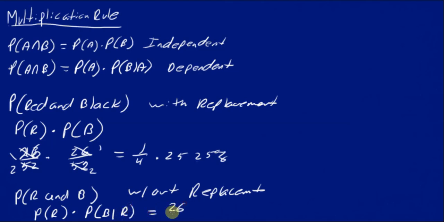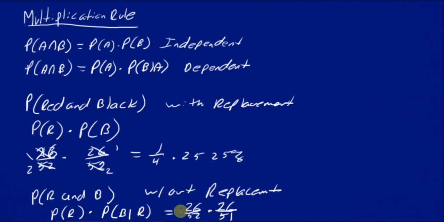Probability of red is still going to be 26 out of 52 times, now we don't have 52 cards, we only have 51, but the first card was red, not black, so there are still 26 black cards in the deck. So the 26 over 52 is going to be 1 out of 2, and the 26 over 51 doesn't reduce, but I can take the 2 here into the 26 and make it 13 out of 51, which is